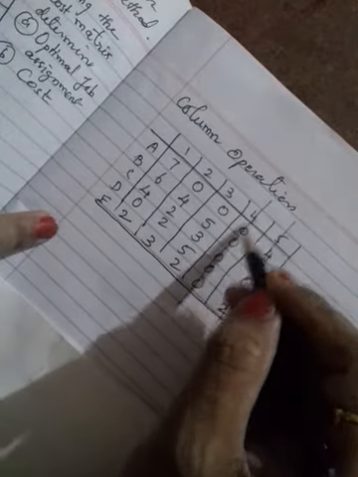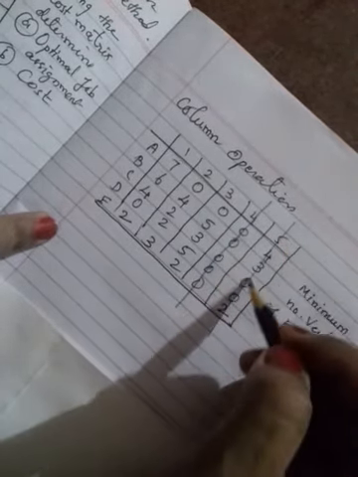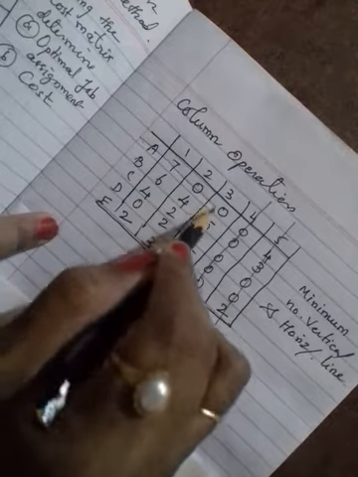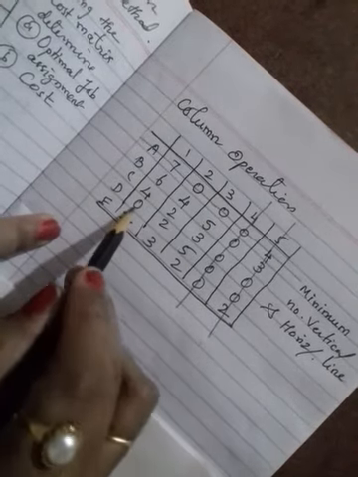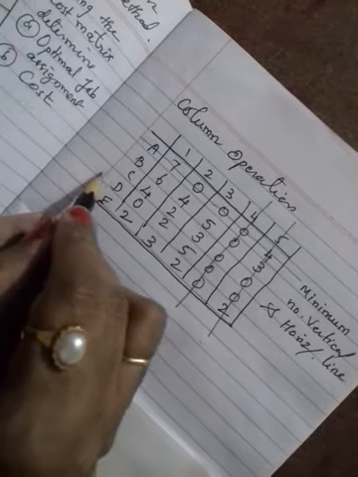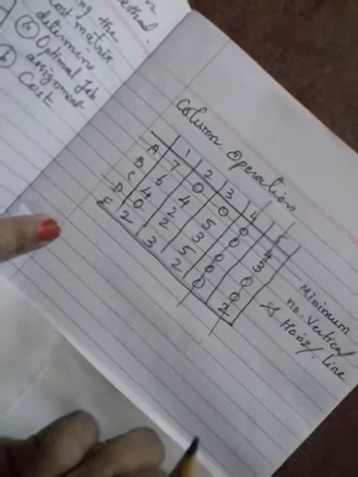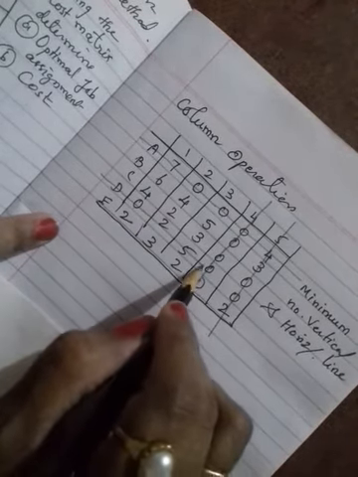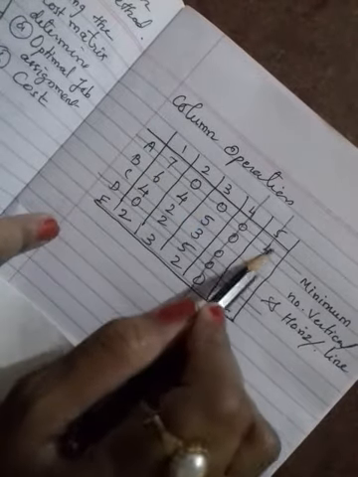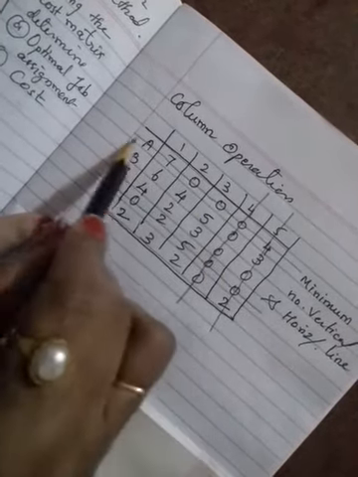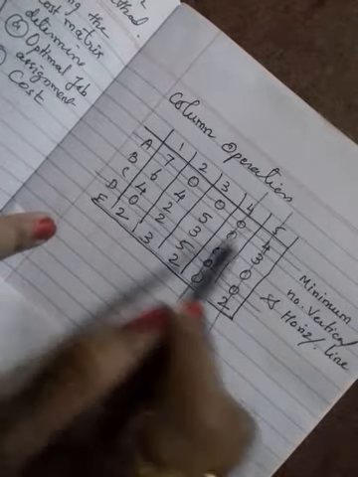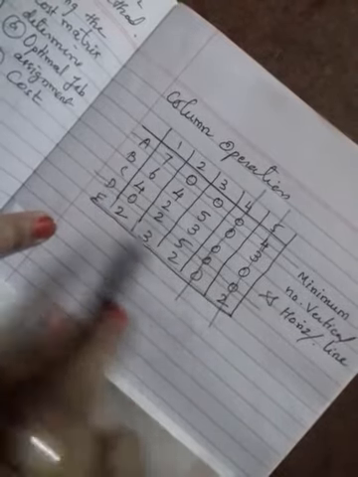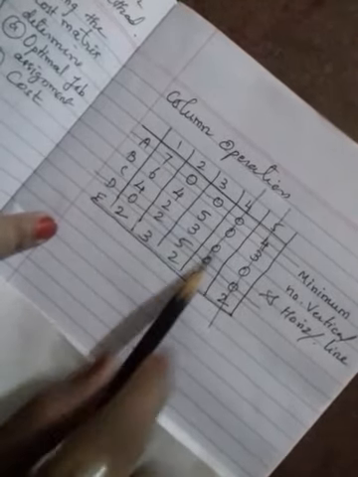So I have taken the maximum 0s, so I put one here. If you put lines like this you will get 5 lines, but I am going to use the minimum lines. This is the maximum 0s, so I put one vertical line, and this is also the maximum 0s, so I put one vertical line, and next there are 2 zeros here, so I am going to put one horizontal line here. Any other 0? Here 1 zero is there, so I can put one horizontal line, or you can put a vertical line also. Line 1, 2, 3, 4. You have to ensure that each and every row and column has zeros or not. In this row 0 is there, this row 0, this row, and column wise also everything has 0.